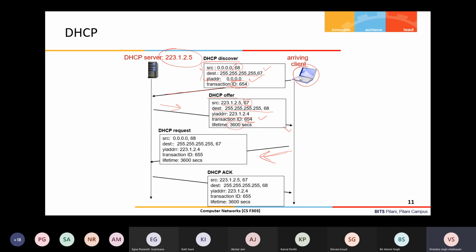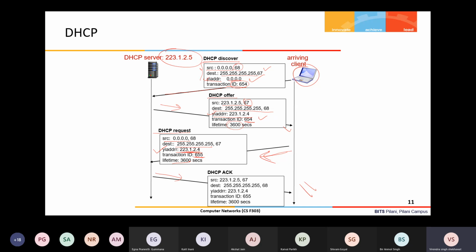The machine has to confirm that it received this offer. Now it is sending a DHCP request: the source is still 0.0.0.0, the destination again is broadcast, and this address it copies from the offer message. The transaction ID, since this is a new message, is 655, and the lifetime is the same as in the offer message. And then it is acknowledged by the DHCP server.